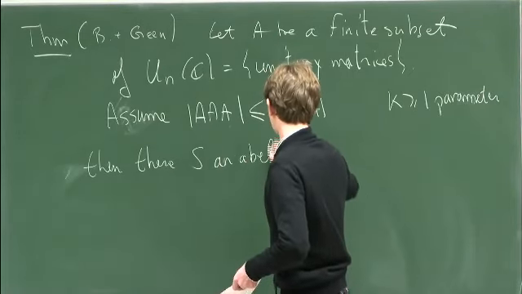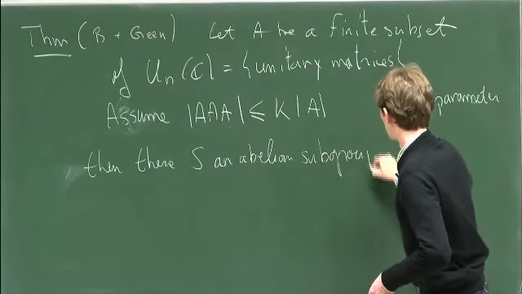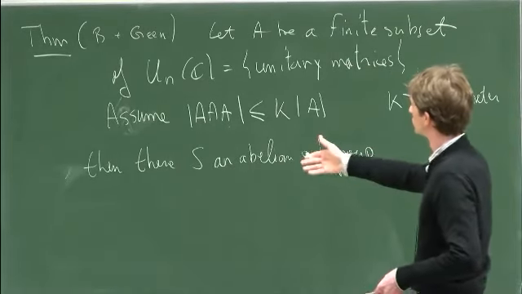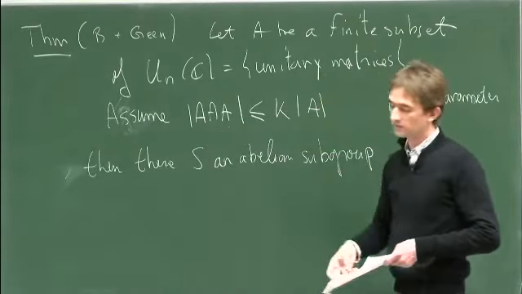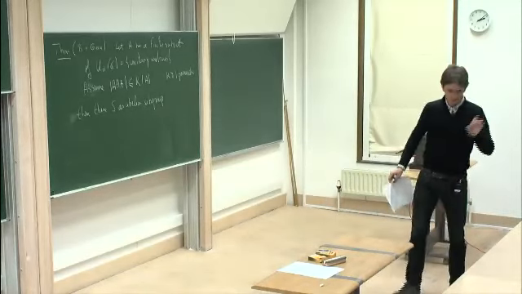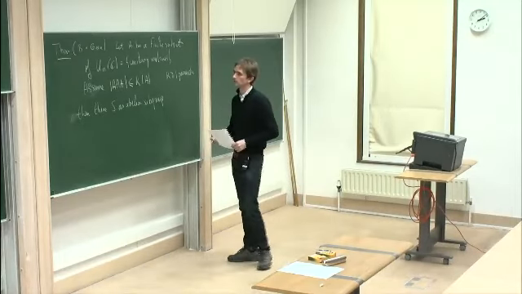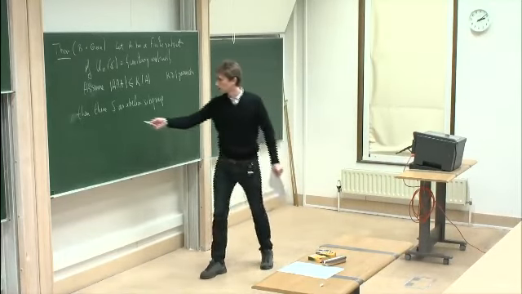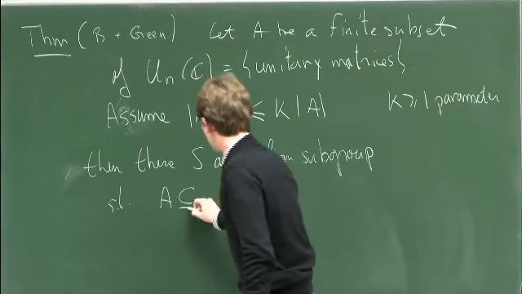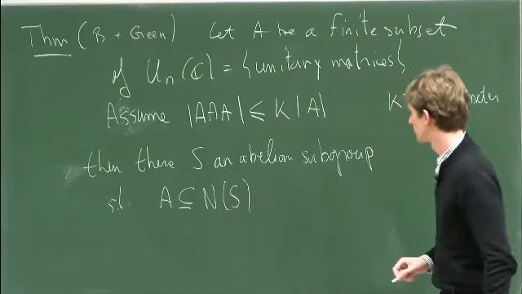In fact, it's going to be a root torus. So it's going to be a diagonalizable subgroup of UN of C, given by, so it's not necessarily the full diagonal subgroup, but it's given by the equality between different eigenvalues, such that A is contained in the normalizer of S, and